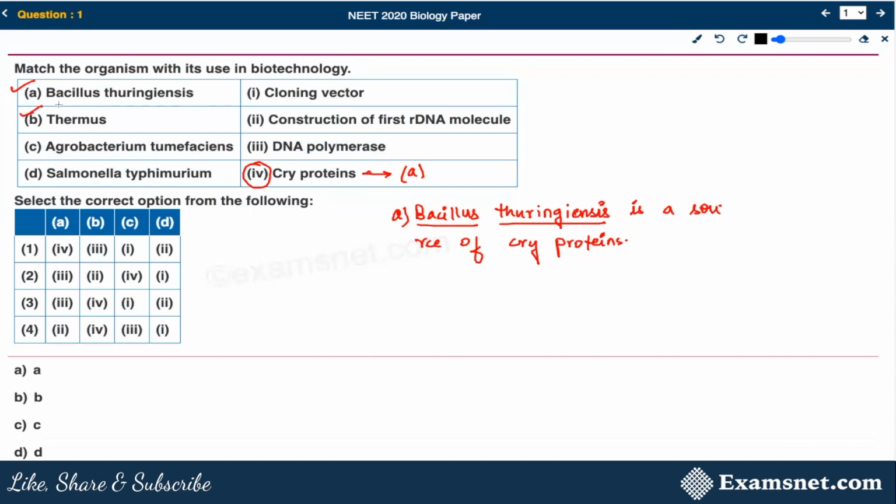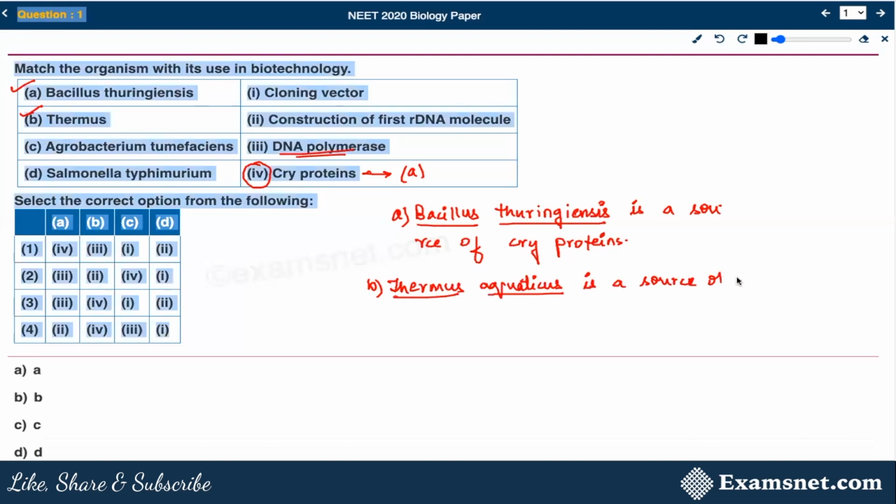Thermus aquaticus is a thermostable bacterium which is commonly used in the DNA polymerization reaction, or the PCR method, that means the polymerase chain reaction method of DNA polymerization. So this is actually a source of